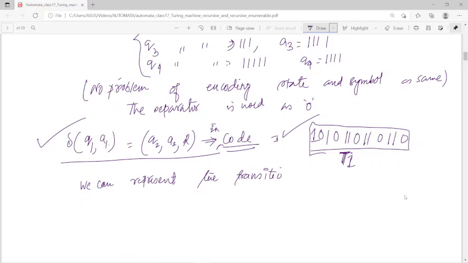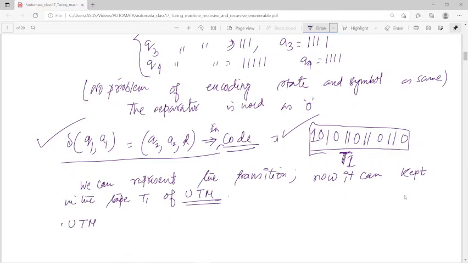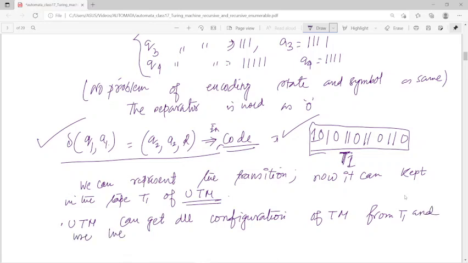It can be kept in the tape T1 of the universal Turing machine, আমরা tape T1 of universal Turing machine এ স্টোর করতে পারি। This universal Turing machine can get all configuration of the Turing machine from T1, right? And we use the content